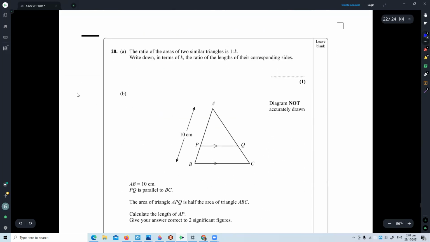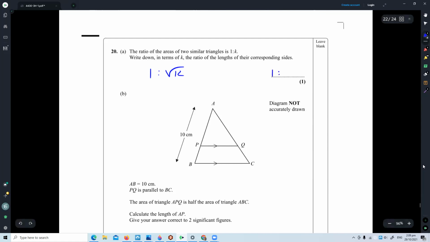The ratio of the areas of 2 similar triangles is 1 to k. Write down in terms of k the ratio of the lengths. So if this is the ratio of the areas, 1 to k, the ratio of the lengths, you have to be a little bit careful. This means a few things. In terms of k, I should say it's 1 to root k, because the ratio of the,